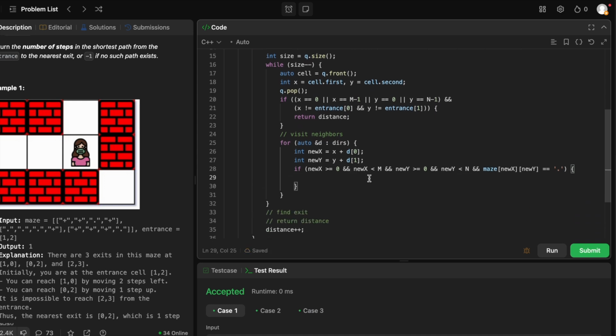Empty cell we can visit within bounds. We're going to say maze at this is equal to, mark it as visited so we can't put it on again, and then we'll say q dot in place new x, new y,